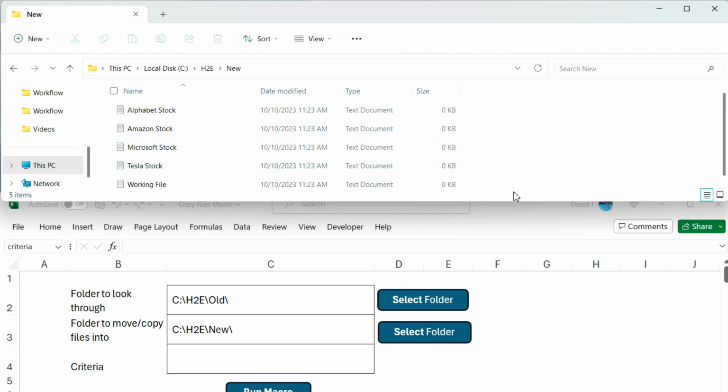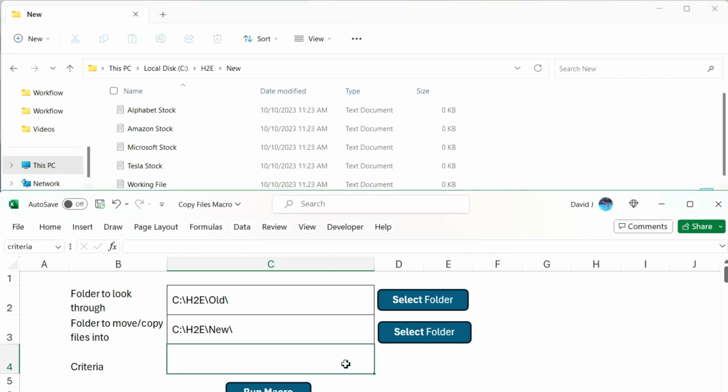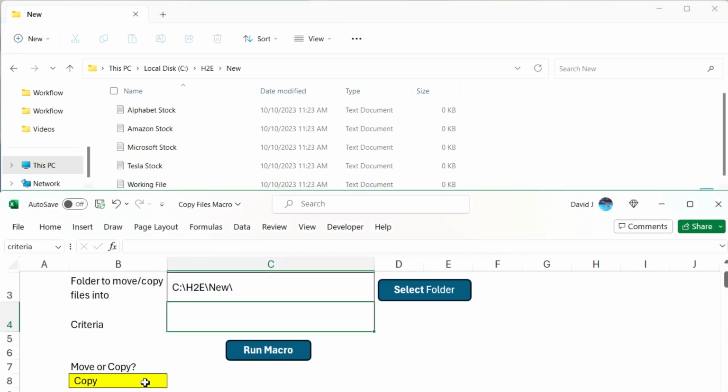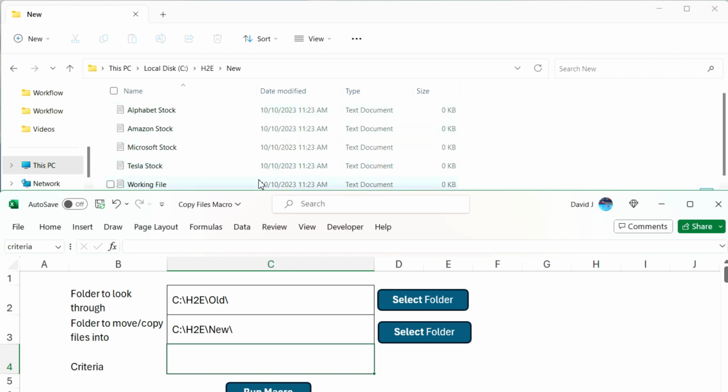So you're not going to see any prompts that it's copying over the same file. It's just automatically going to do that. So that's just one thing to watch out for, that if you want to copy everything, it'll copy everything and potentially overwrite what you've got there. If you want to be more specific, put in a criteria there to meet your needs, and when in doubt, do a copy or do a backup of any files that it potentially might be saving over, just to make sure. But other than that, this is just a pretty simple macro that allows you to copy or move files